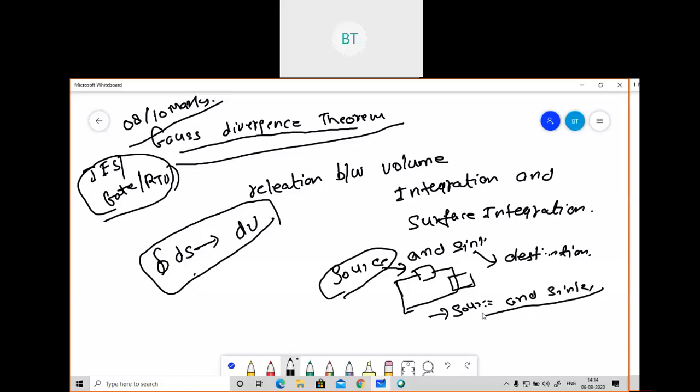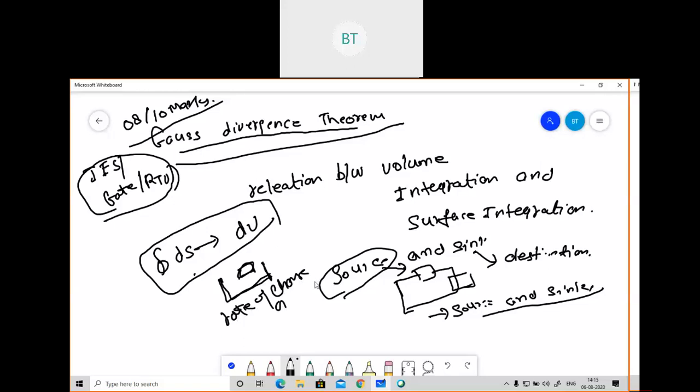It also explains the rate of change of function with respect to position. Last day I had given one example: a room with an air conditioner, where based on the position, the temperature will vary in that room. So according to Gauss divergence theorem also, it will explain the rate of change of function with respect to position. How the function is changing in that particular room with respect to position will be told by Gauss divergence theorem only.